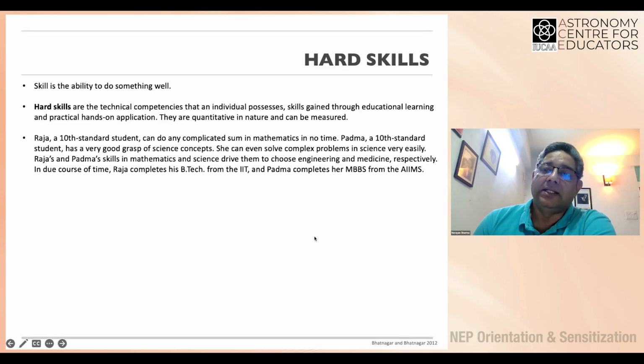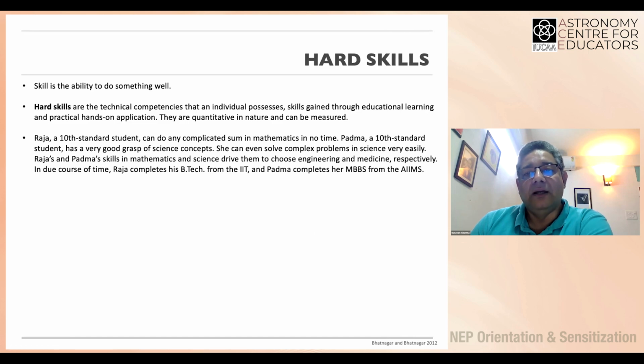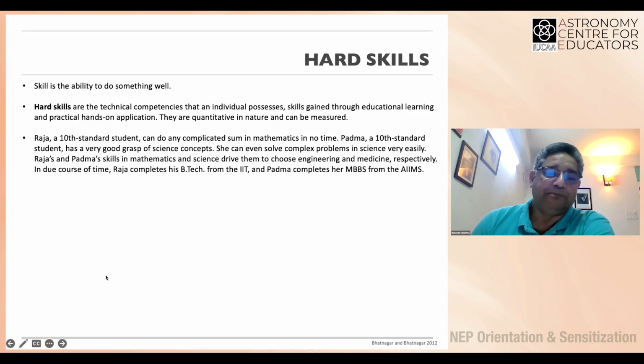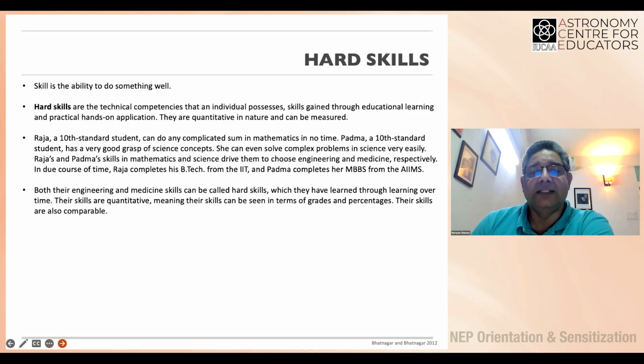For example, I'm just putting one example here. Raja, who is a 10th standard student, can do any complicated sum in mathematics in no time. Similarly, Padma, a 10th standard student, has a very good grasp of science concepts. She can even solve complex problems in science very easily. So we can say that Raja and Padma's skills in mathematics and science usually drive them to choose engineering and medicine respectively. In due course of time, Raja completed his BTech from IIT, and Padma completed her MBBS from AIIMS. So in terms of hard skills, both engineering and medical skills can be called hard skills,